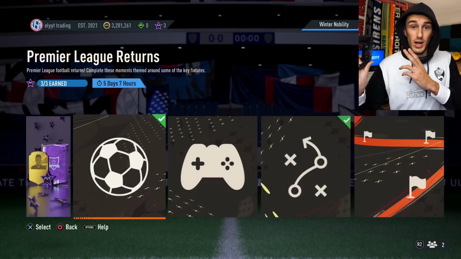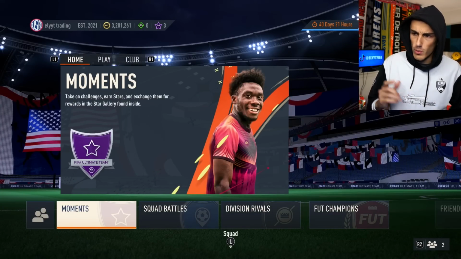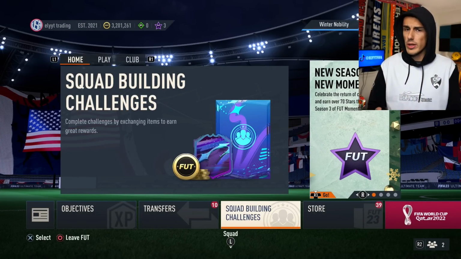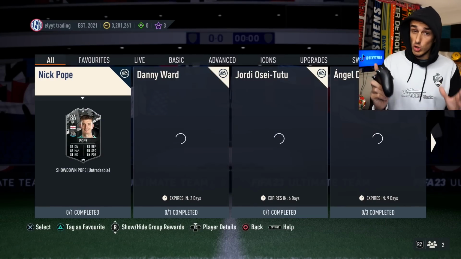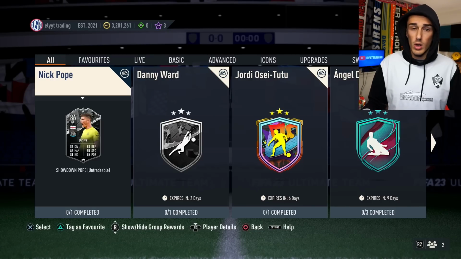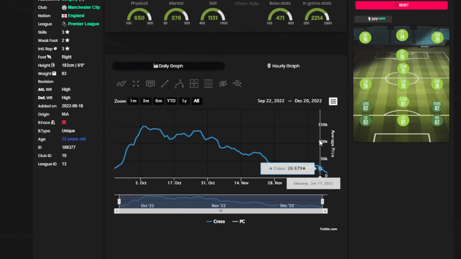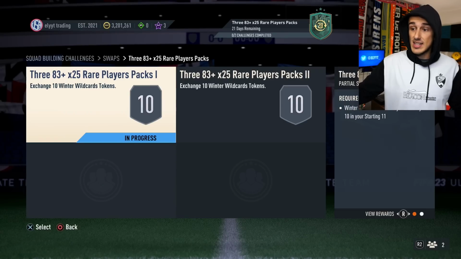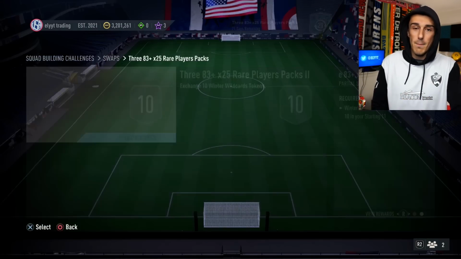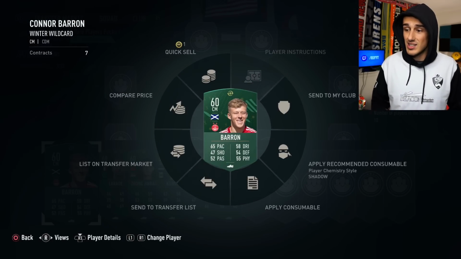I've got an extra winter wildcard swap, which means that I'll have a little bit of an advantage moving forward with what I do with these swaps. Now, there are only going to be, in total, I'm told 25 of them, but there will be some extras dropped into the store if you want to use your coins or FIFA points to do them. But in the swaps, as you guys can see, if I want to get 383 plus times 25 rare players packs, so that's 75 of them, well, there's 2 different windows, which means that I can submit the one that I bought for 10,000 coins into the first one,